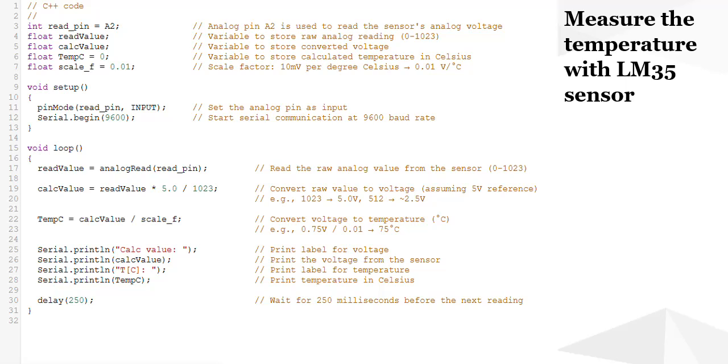To convert the voltage to temperature in Celsius, we use a scale factor, as you can see. When we get the converted temperature and set the variable temp C as that value, we will call the println method for the serial port and send the data, and then we will send